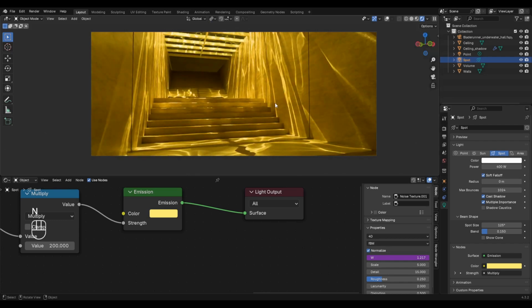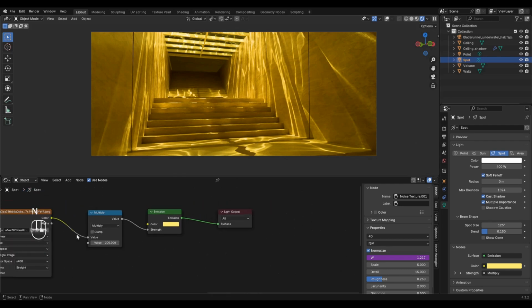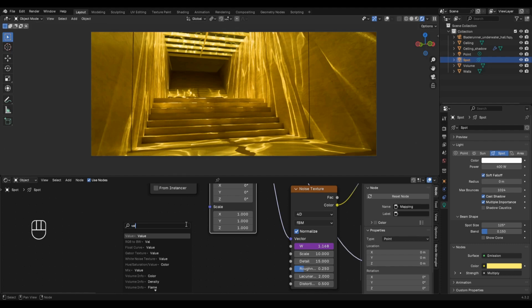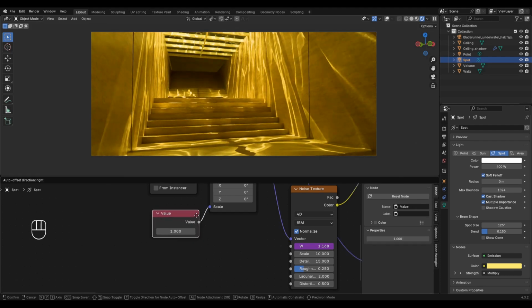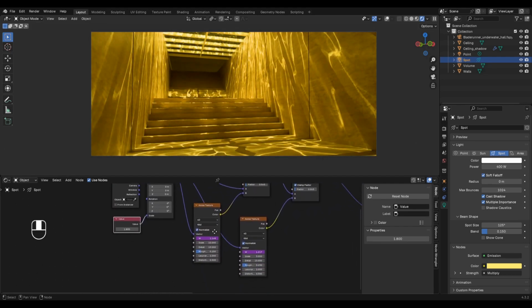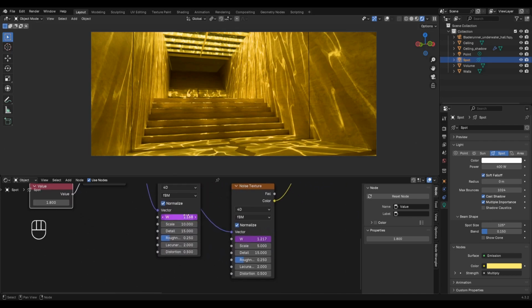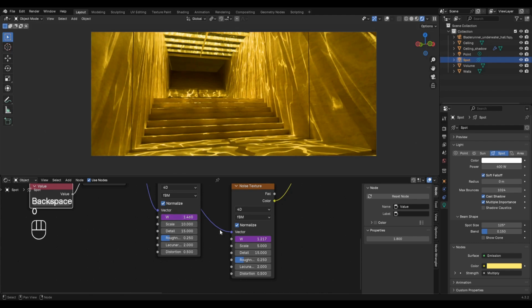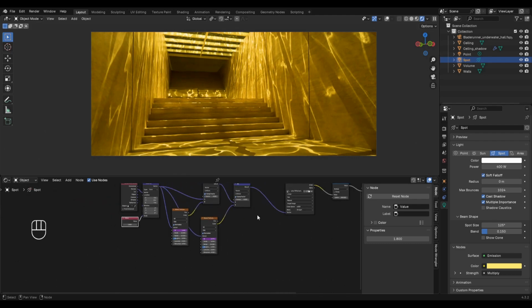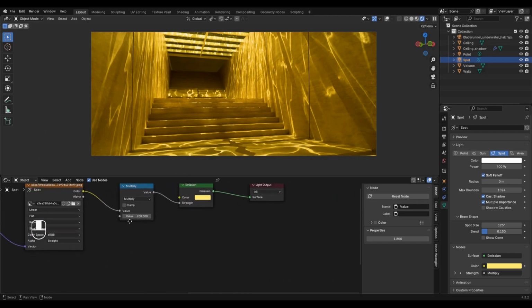Go to Shader Editor. Add Value node and connect it to Mapping Scale. Set value to 1.8. Let's change the caustic speed. For W value, type frame/100. Type frame/150 for the second noise texture. Set multiply value to 100.